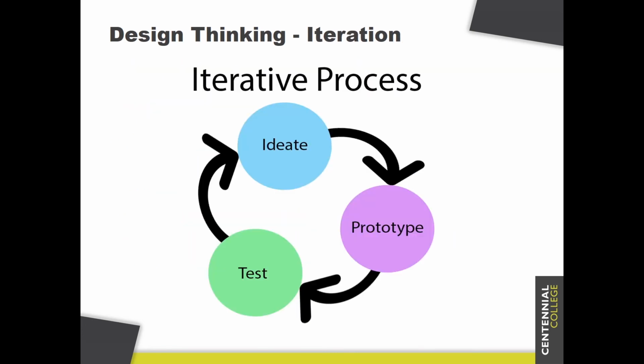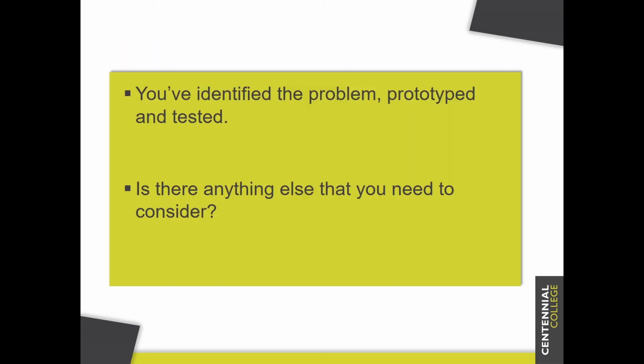Really what we've got here is a loop, right? We're going to go back on ourselves. It starts with Ideate. You've got yourself and the ideas. It moves into prototype. You're going to build those ideas out, or your best ideas. Then you're going to test those best ideas, and when those tests come back and you've got your data, you're going to go back to the ideation phase. You have to go back and work through the data and try to rebuild the problem, like rebuild where you went wrong. So you've identified the problem, you've created your prototypes, and you've tested it.